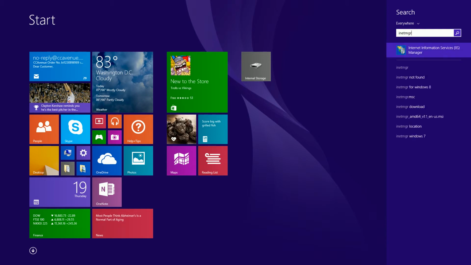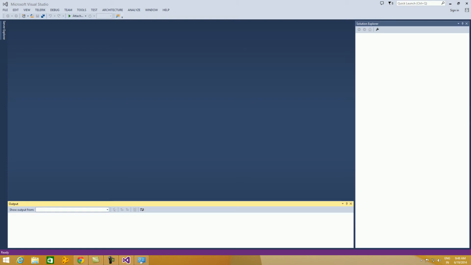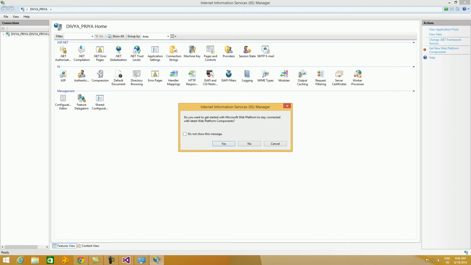After the server is installed, type inetmgr in the search and press the enter key. If you correctly selected the options that I have mentioned previously, then IIS should be installed. To open IIS, you have to use the command inetmgr in the search window.